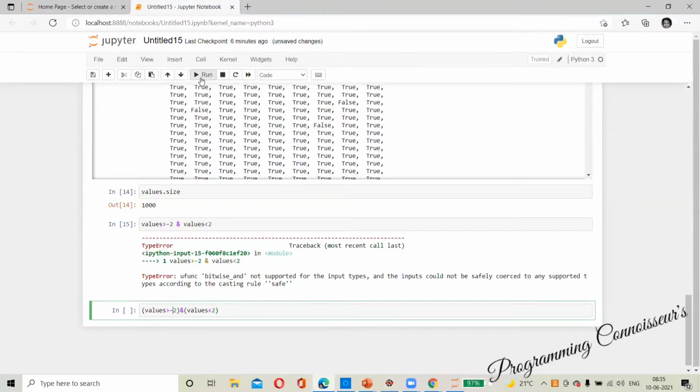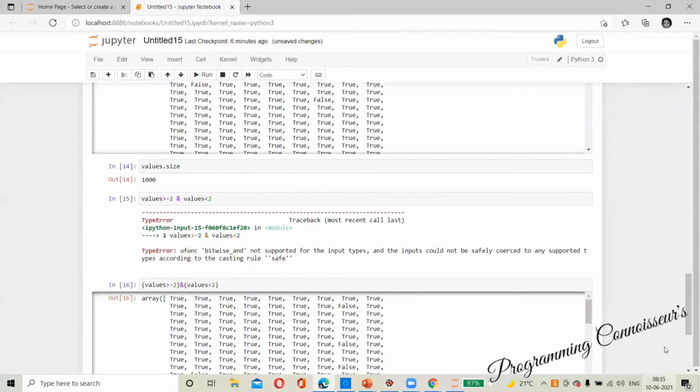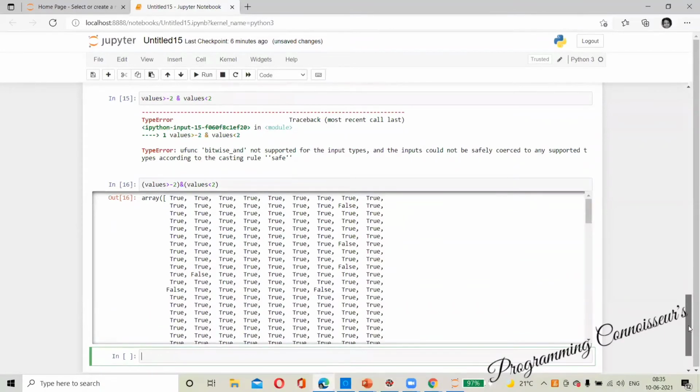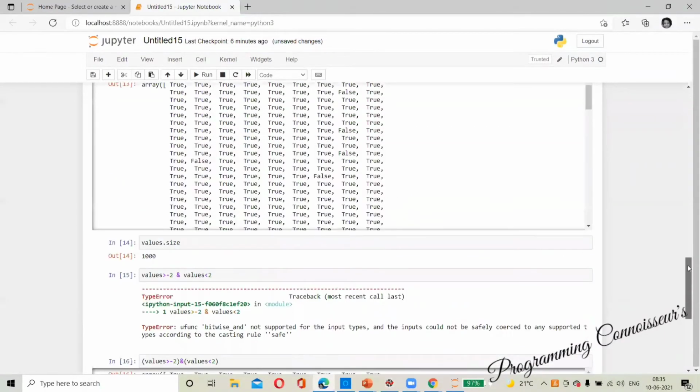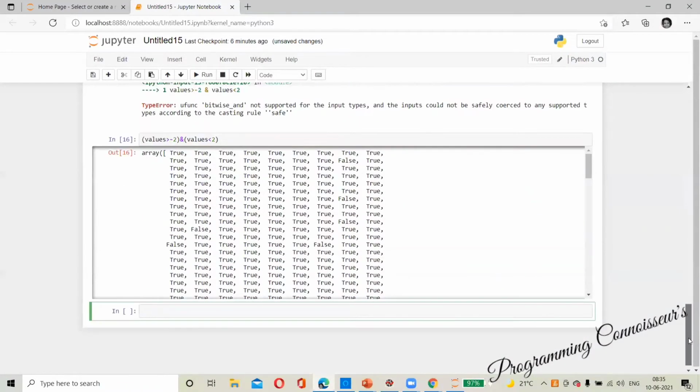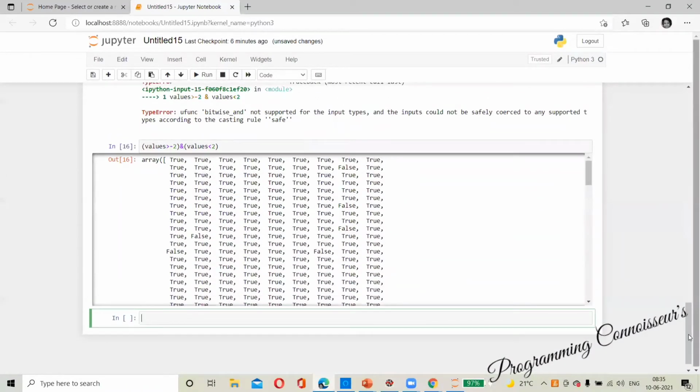Why? Because this is what I was about to say. So I'll apply true and false, like a truth table. We have shown you differently. What I am saying is, I can apply any kind of operations on my numpy array. That is my point. You need to catch it here. Clear? Is there any doubt here? Guys, is there any doubt?